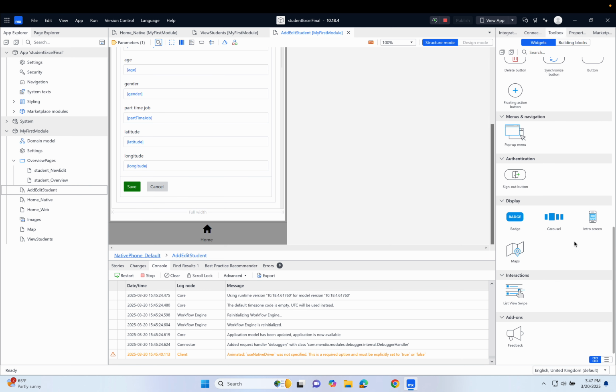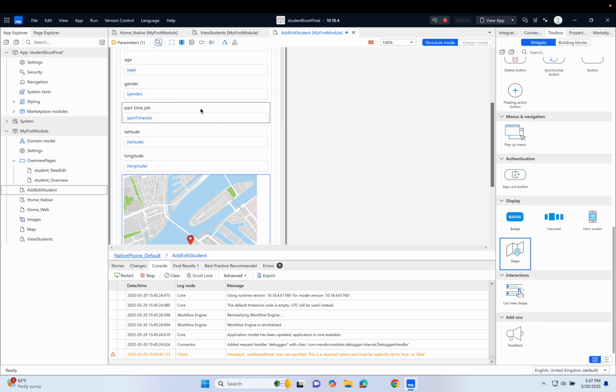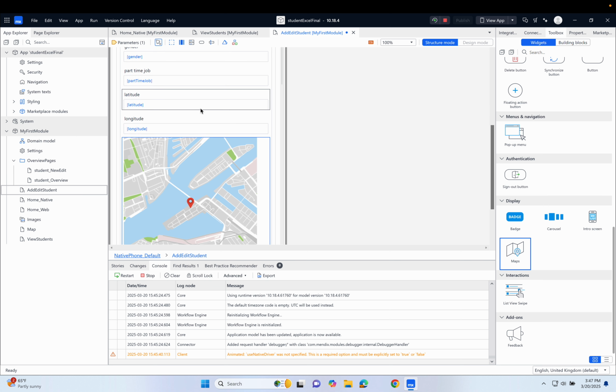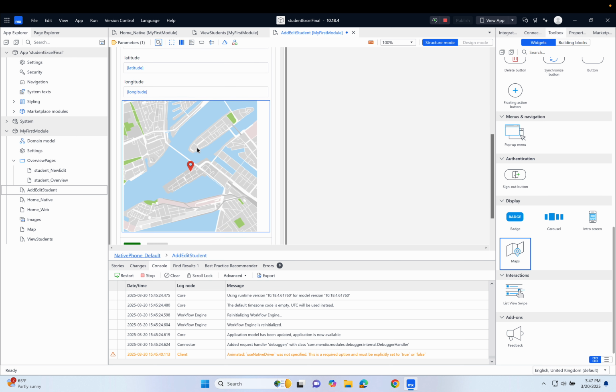Down the bottom here we've got map, so I can just simply take the map and drag it in just into there. Now because this map is inside the student data container, all the attributes of a student will be available to us when we configure this map. But let's try it out. Let's see what it looks like. So if I just click run,